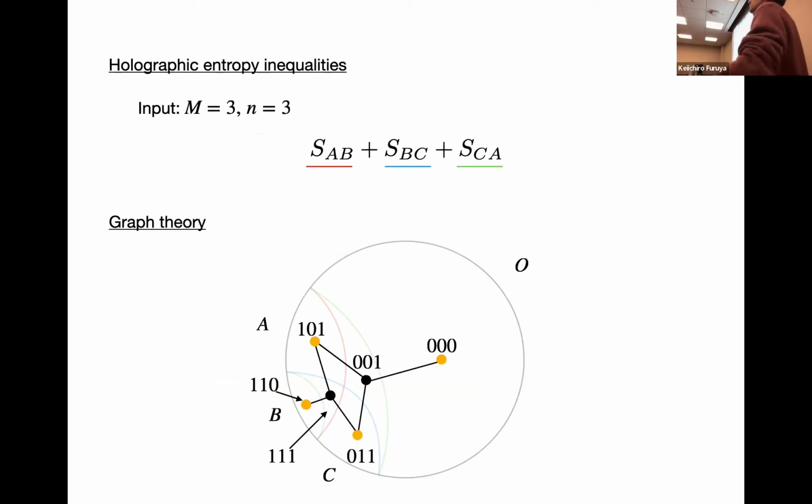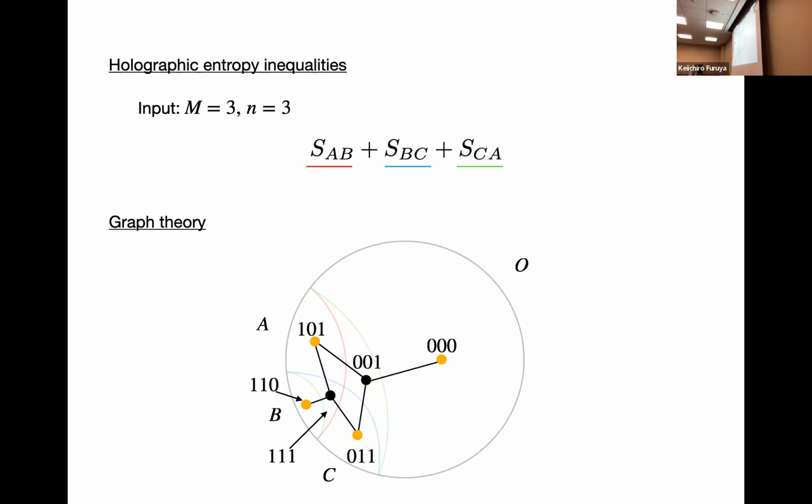That's what you meant by saying, so it's the entanglement wedge nesting. It tells you that it's a partial cube. Exactly. I see. So even in a higher dimensional cube, as long as entanglement wedge nesting holds, then this argument should hold. Wow. What do you mean by entanglement nesting?